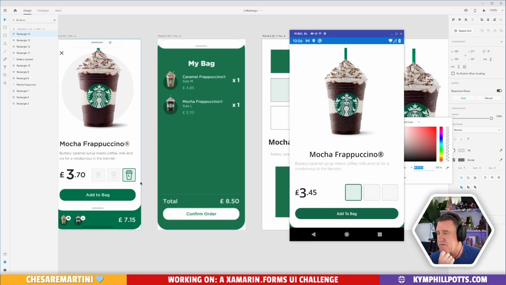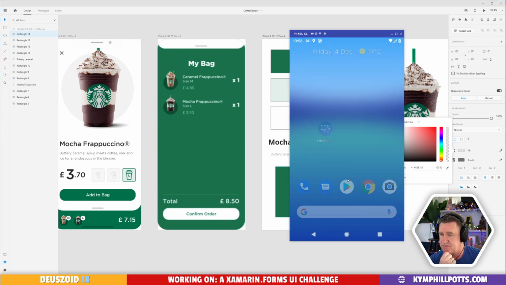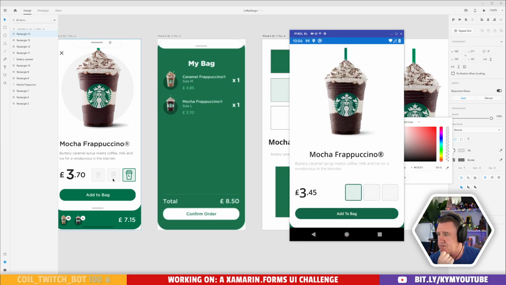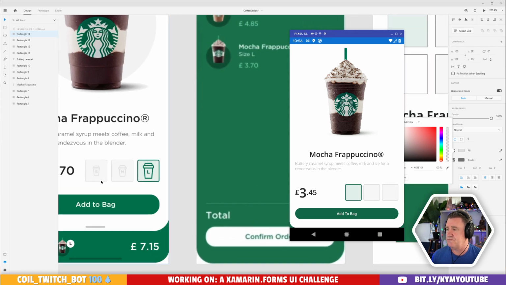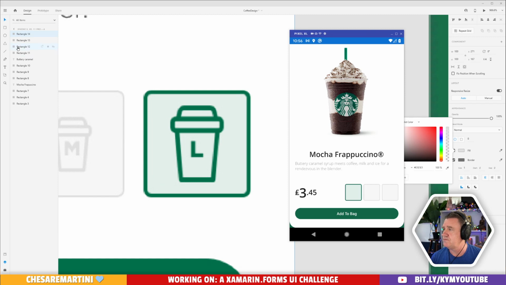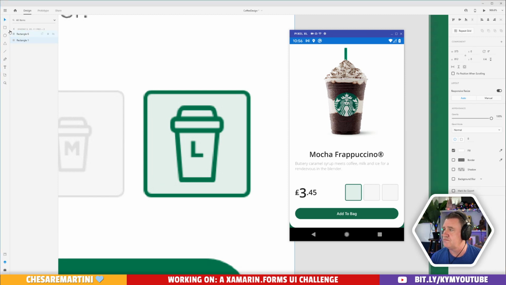All right. So the next thing we need is we need these cups, right? So I want to see if we can do this with shapes. So why don't we draw ourselves a cup and get a path from it? This will be interesting.